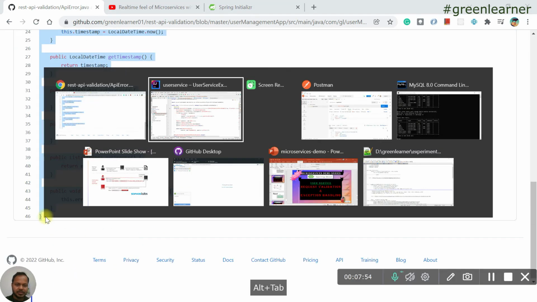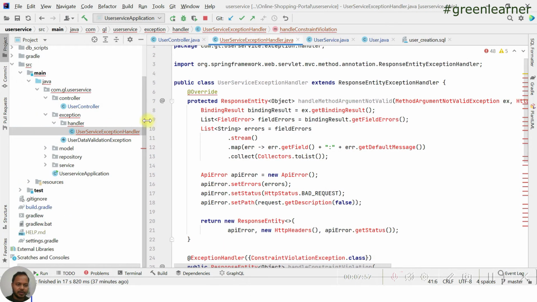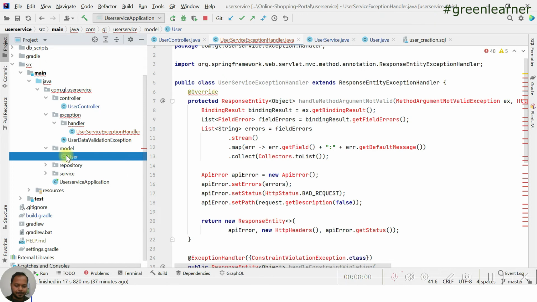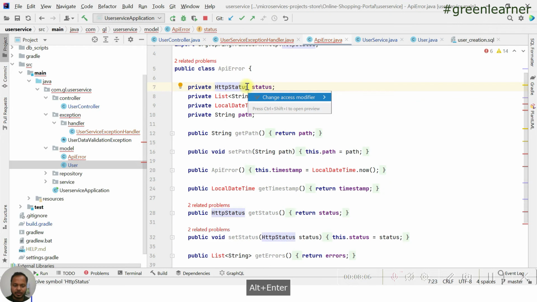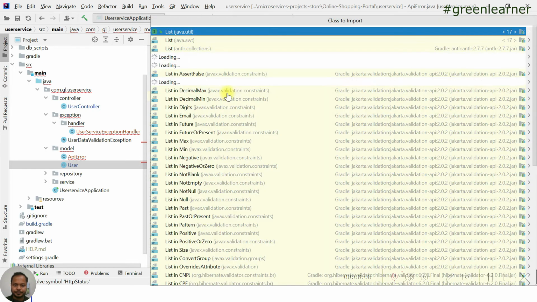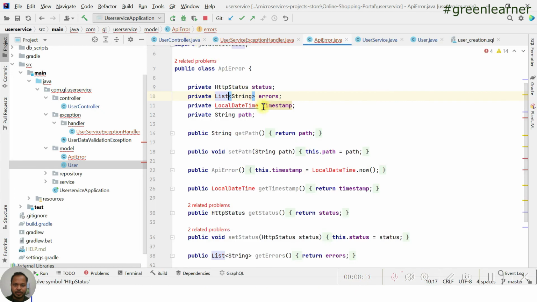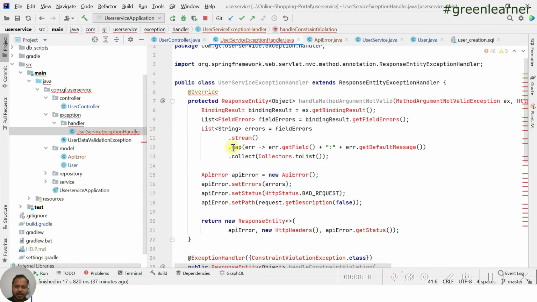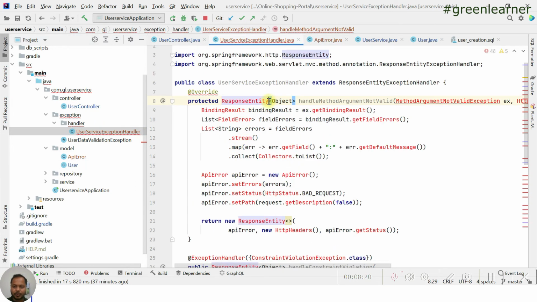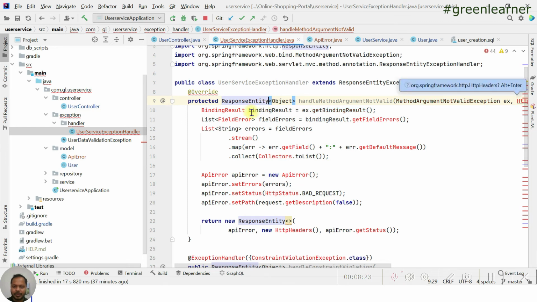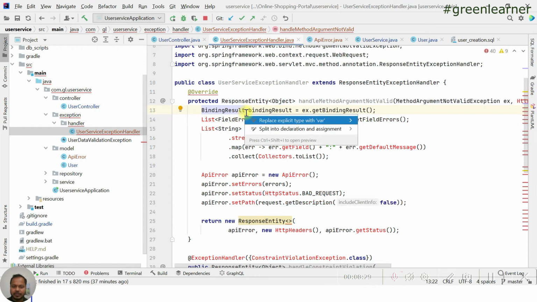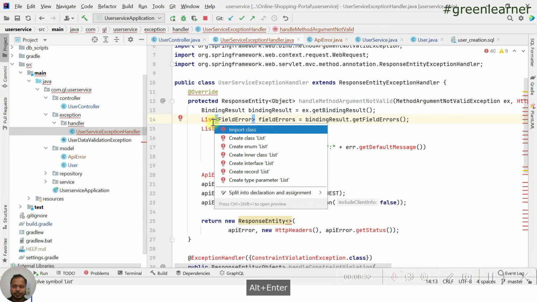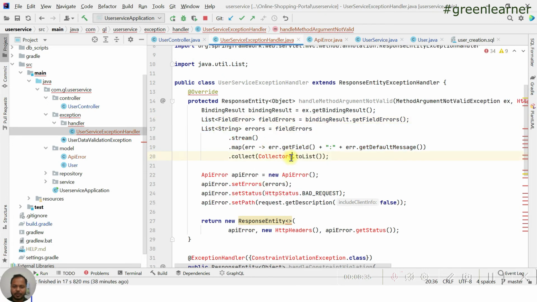Okay, so copy this class here and put it under model. Okay, so just put this one. Util LocalDateTime. Yeah, so here the user exception handler, and there are many things that I have to import here. Third argument, BindingResult. I am doing Alt+Insert here, so it is going to take care of importing all the things. A couple more.